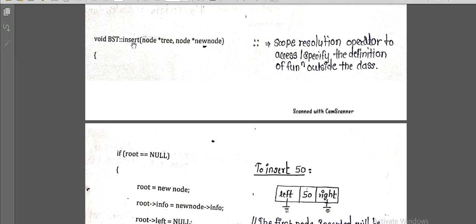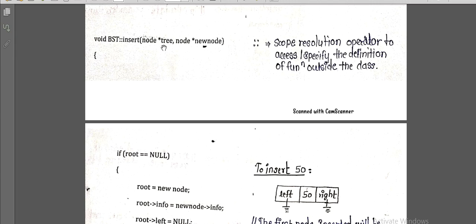The declaration of this function is in the class itself, but we are writing the definition of that function outside of the class, and in that case we need to use the scope resolution operator. So BST is nothing but the name of the class where we have declared the function insert, and now we are writing that function outside of the class, and that's why we are making use of the scope resolution operator. It is to specify the definition of the function outside the class.